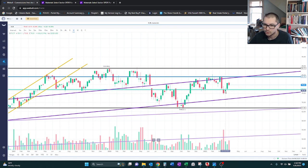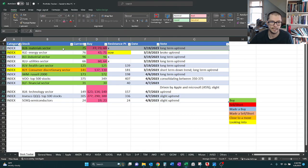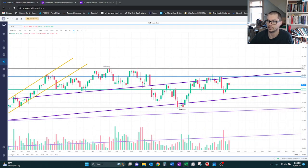Again, we last checked right during this red line. So this should have been a time for me to buy. If we bring over the tracker, which needs to be updated, I did mark it as a good time to buy, but I just ultimately didn't make that purchase. I'm hoping to make it in the coming weeks, because overall it seems like it's below fair value, because again,